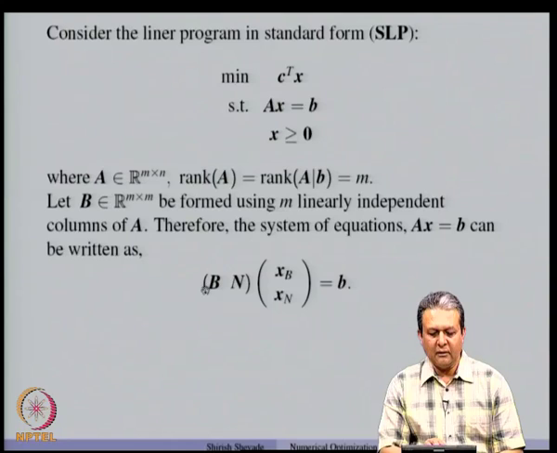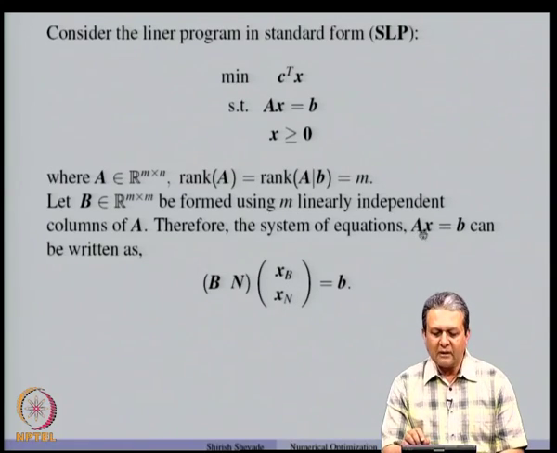And remember that the columns of B are linearly independent, and as I mentioned earlier, without loss of generality, we can assume that the first m columns of A are linearly independent. Now, corresponding to those linearly independent columns are the variables which we are going to denote by xB, and corresponding to the remaining n minus m columns, there are n minus m variables, which we are going to denote by xN. So, the system Ax equal to b can be written as